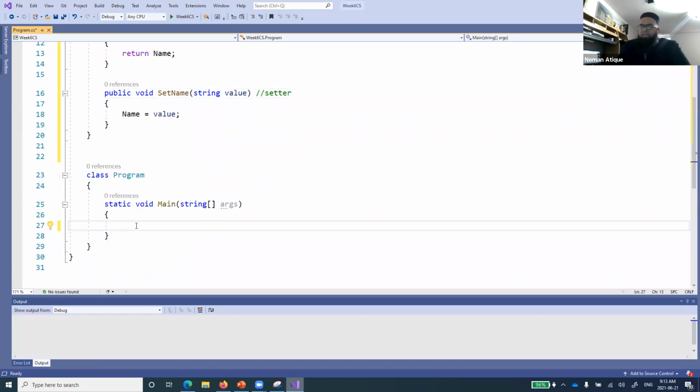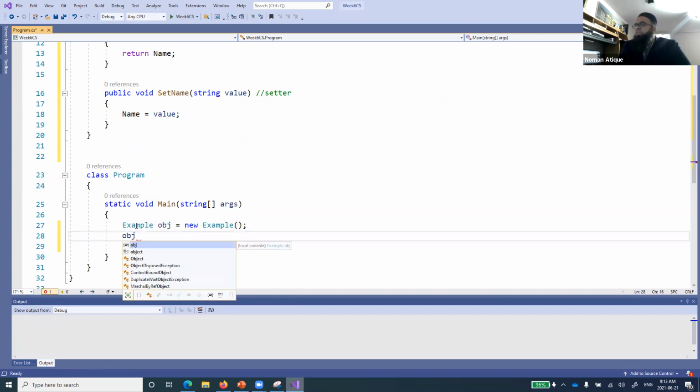So let's create its object. Example obj equal to new example. Now if I say obj dot name, I cannot access it, of course, because it's a private member. What I can access is set name. If I want to set something, set name will accept a value, so I pass Alice.